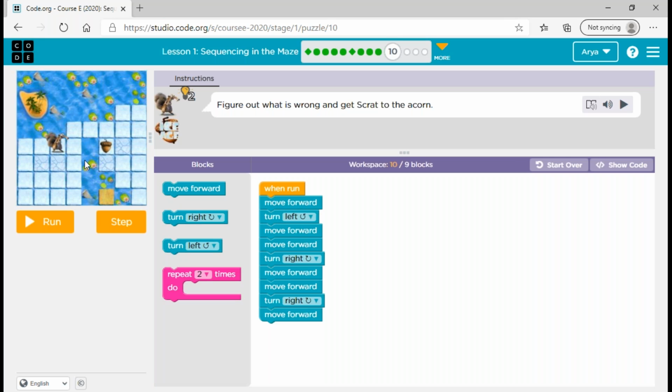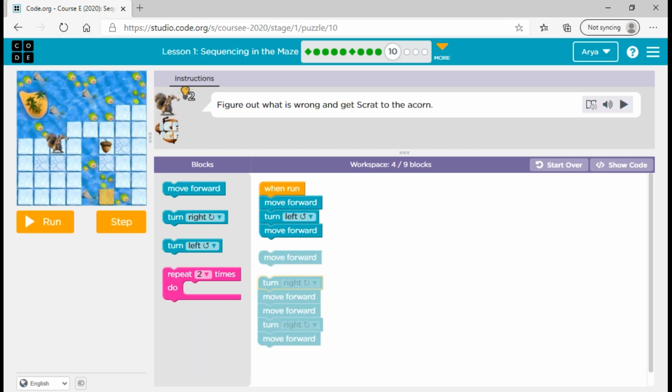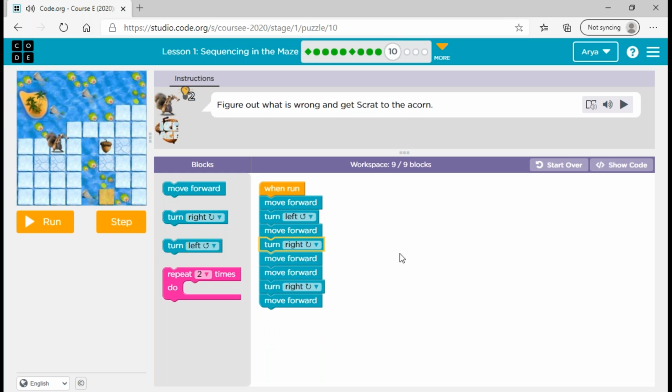So when it turns left, it should move forward. And it should move forward 1 block, but as you can see, there's 2 move forward blocks here. So it should move forward 1 block over there, but it should move forward another block, or otherwise the squirrel is going to fall inside the water. So let's remove a move forward block. So I'm going to remove that. So now what we have is,